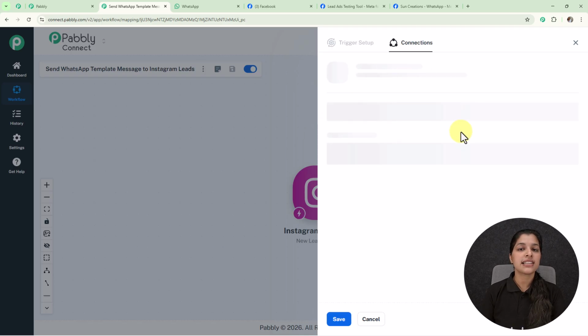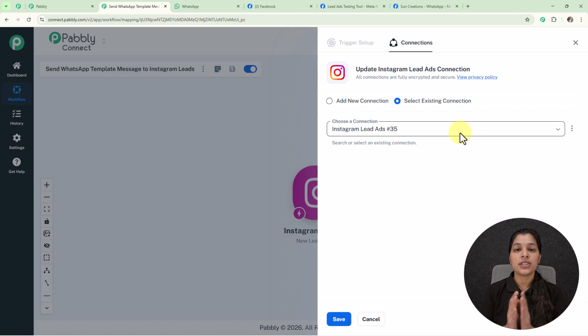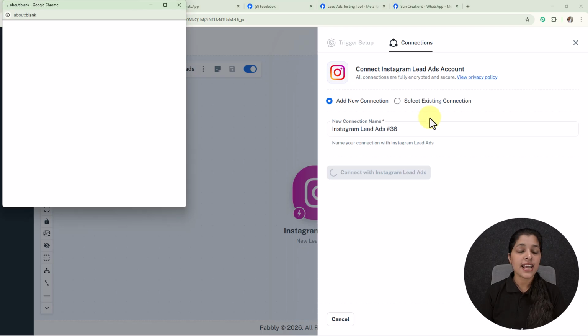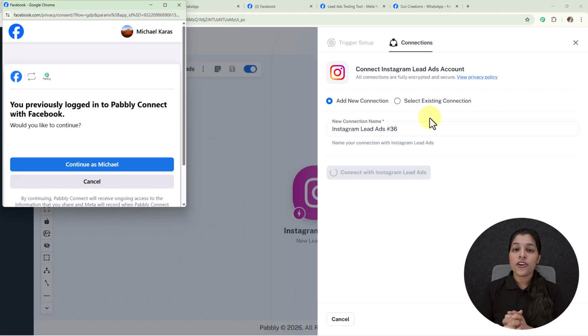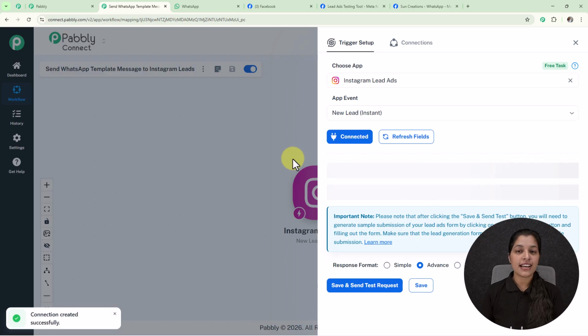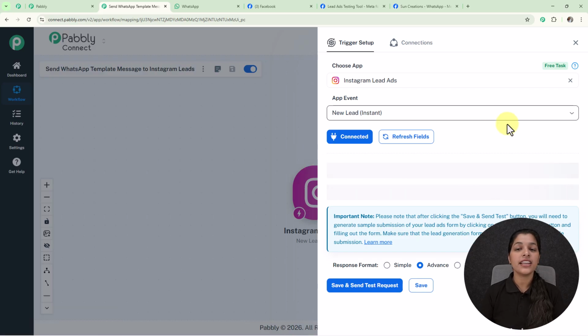Now let's click over this connect button, and here we have landed on the connection page, where if you want to go through your existing connection, then you can select this existing connection button. And for building a new connection, you just have to click over this add new connection button, and here you have to click over this connect with Instagram lead ads. Make sure to first log in to your Facebook account connected with your Instagram account. Here I'm getting this option for selecting my Facebook account, so I'm going to just click over this continue button. And here you can see my connection has been built so smoothly, and we are getting some